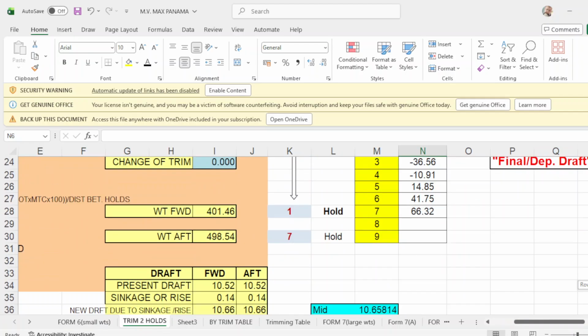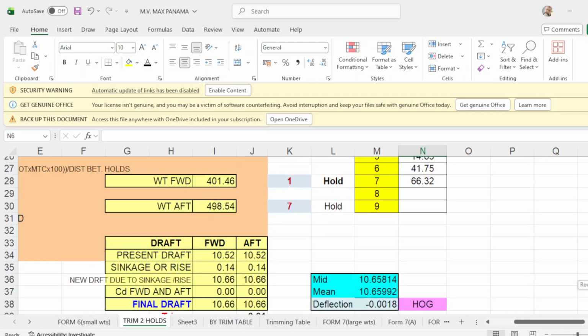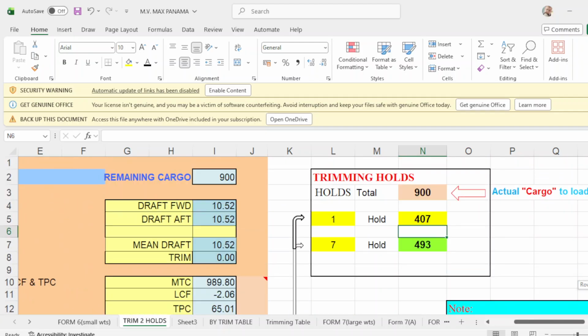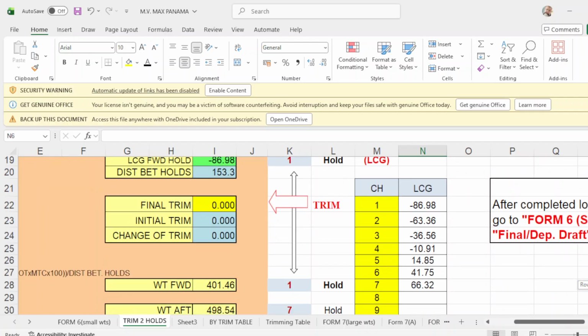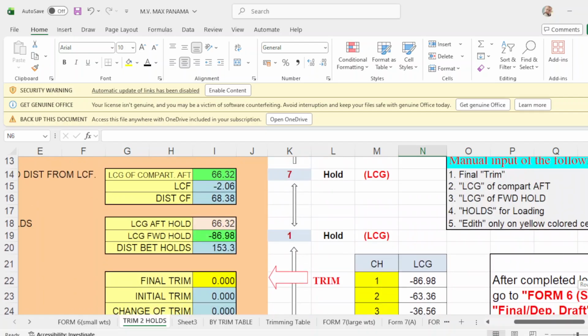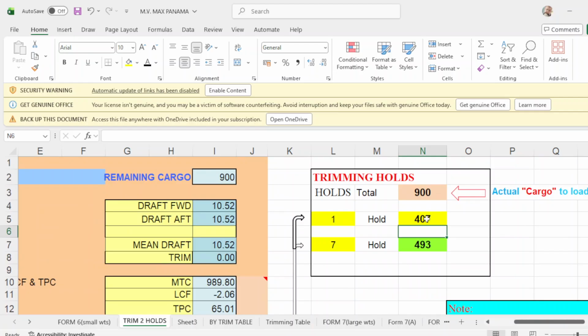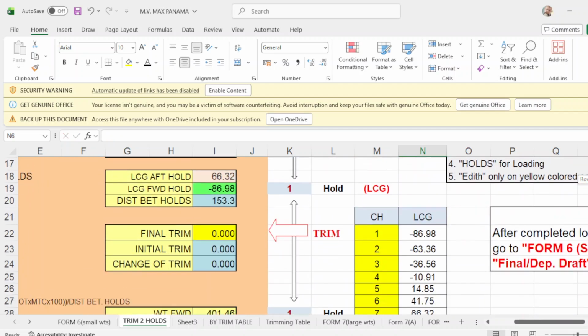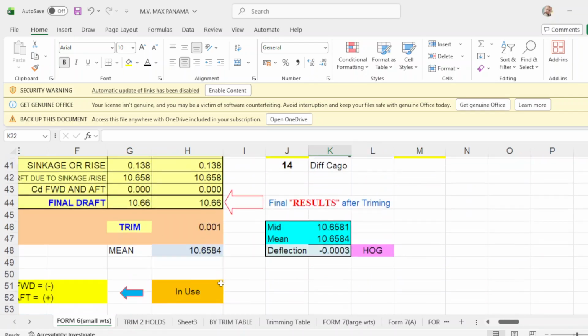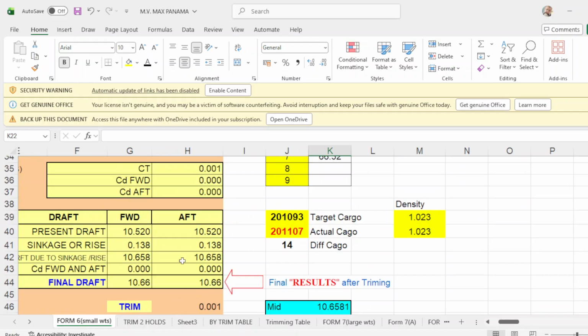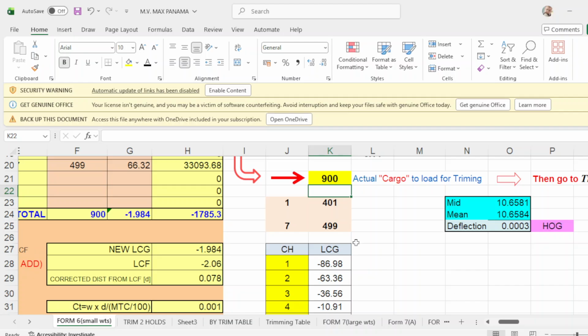Number 1 will be 401. Okay, take note that your drop is even keel of 1066. Okay, that will be 900.